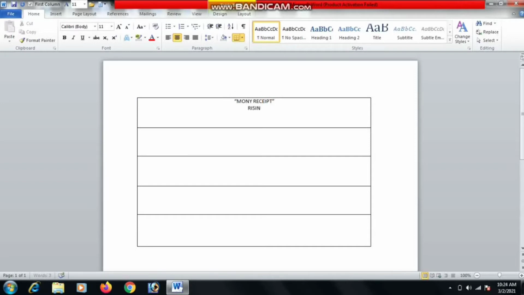Now we write the money receipt. First write our institute name, Rising Computer Center. Press the enter key. Then we write our address, Kalipada, Baliapal, Baleswar.